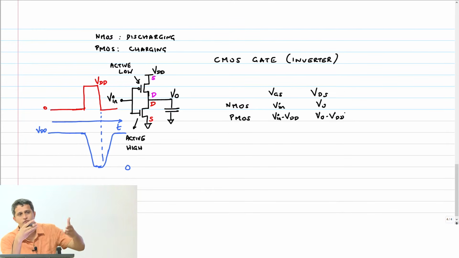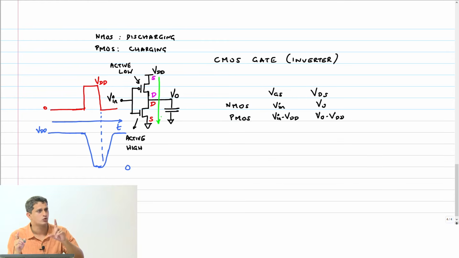Now there is some VGS, some VDS on the NMOS, some VGS, VDS on the PMOS. What should happen to these two currents? At all times, they both have to be equal in magnitude. Remember that the current will always flow from supply to ground like this. When the current can flow, that is assuming that one transistor is allowing conduction, right? For example, if the NMOS is off and can allow no current, then there can be no current in the PMOS as well, right? It's in series. So the constraint that is going to be imposed is